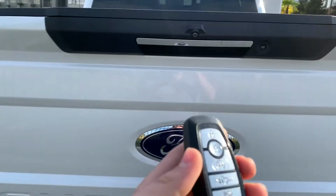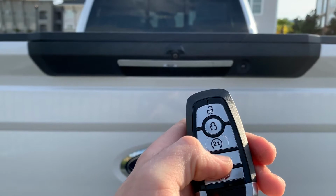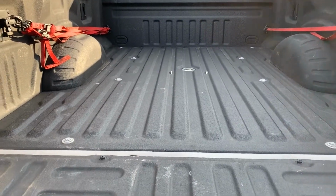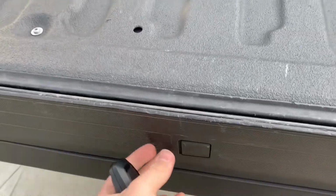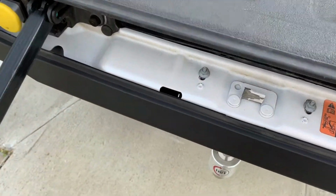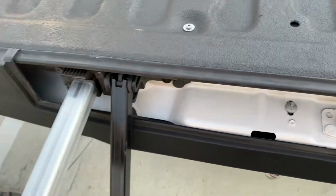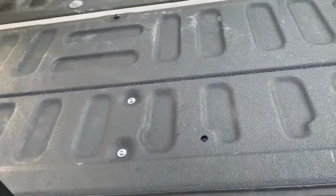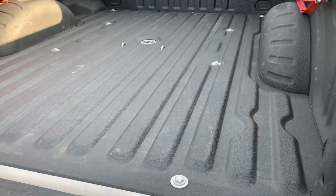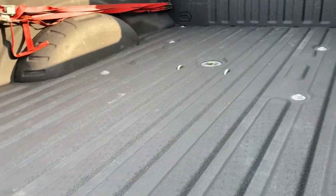Let's go ahead and open our electric tailgate here. Double click that, it'll drop it right down for you. And if that wasn't enough luxury, press this button here, pull this down, and you've got a freaking staircase to get in the back of your F-250 that is bed lined, and it does have the